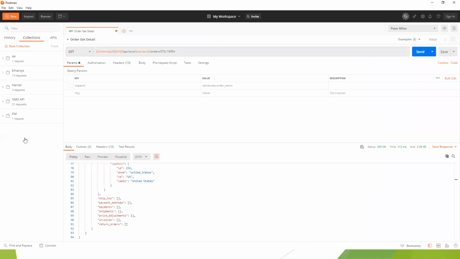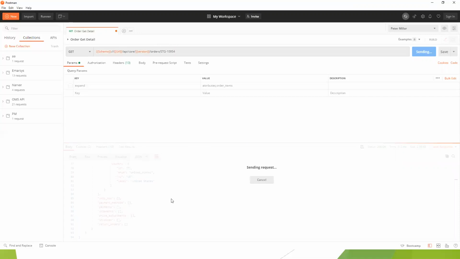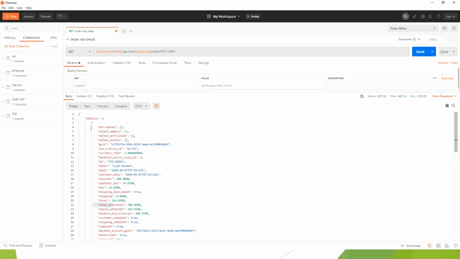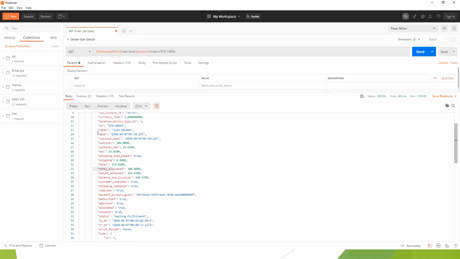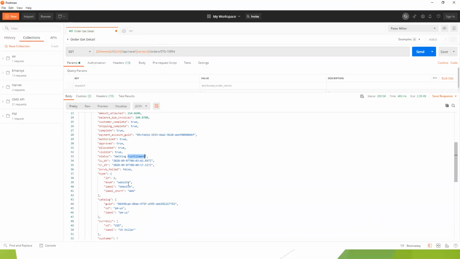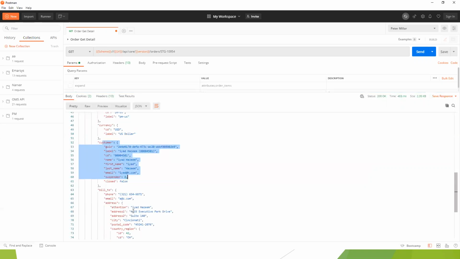If you can see the Postman, this is an example of a REST API to get order details. We just pass the order ID into the path parameter and click send. We received a response with some general data like shipping total, total allocated, order status (waiting fulfillment or waiting shipping, in other words), customer information, billing address,